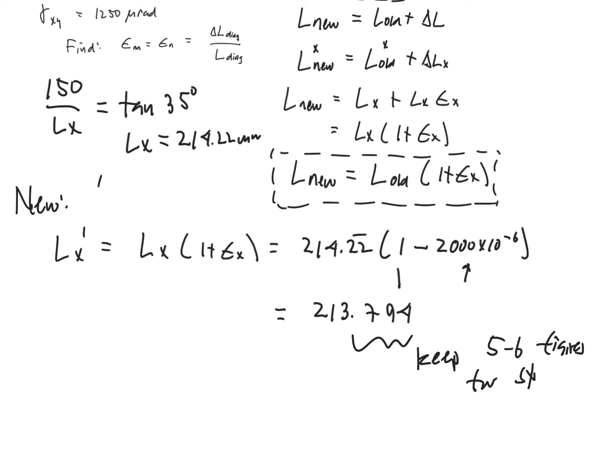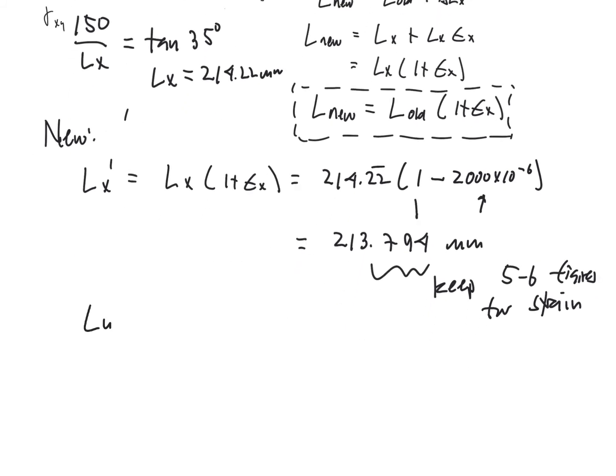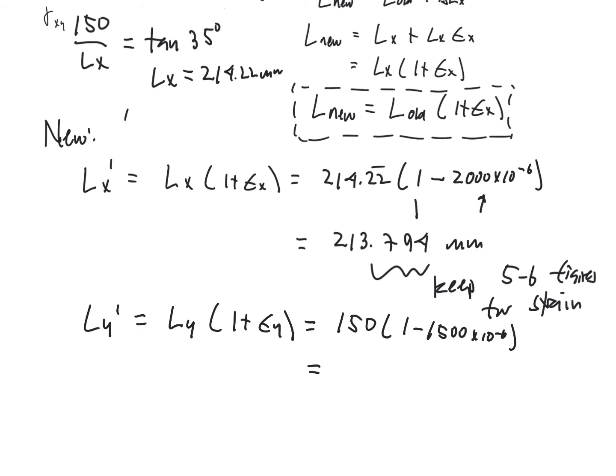for strain, because a lot of times it won't be until that 4th, 5th, 6th decimal point that you're actually getting some sort of change. And that's going to be in millimeters. Then we do something similar for the y. Ly prime is the original y times 1 plus epsilon y. So that's our 150. And then we have 1, again, it's negative 1500 mu, so minus 1500 times 10 to the minus 6th. So it's shrinking as well, and that turns out to be